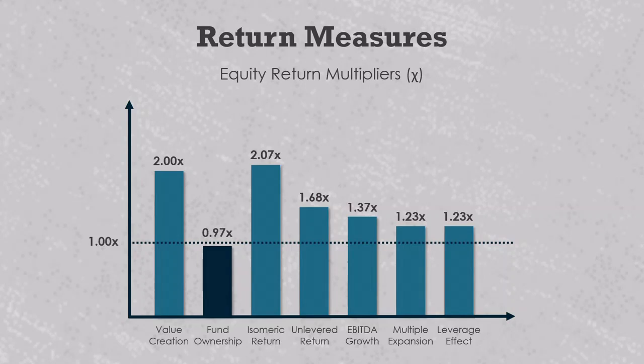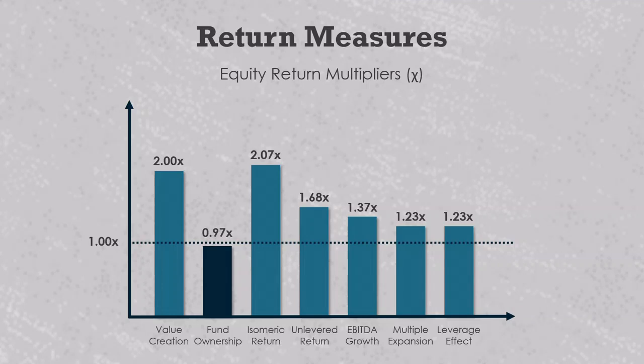Value drivers that are bigger than 1 work to drive the gross multiple higher, and value drivers that are less than 1 work to drive the gross multiple lower. For example, the fund ownership multiplier of 0.97x indicates dilution, and it explains why the GP's multiple slightly underperforms the entire shareholder group, who have a total equity return of 2.07x. The GP's return is the product of this 0.97 and 2.07, which gives us the gross multiple of invested capital